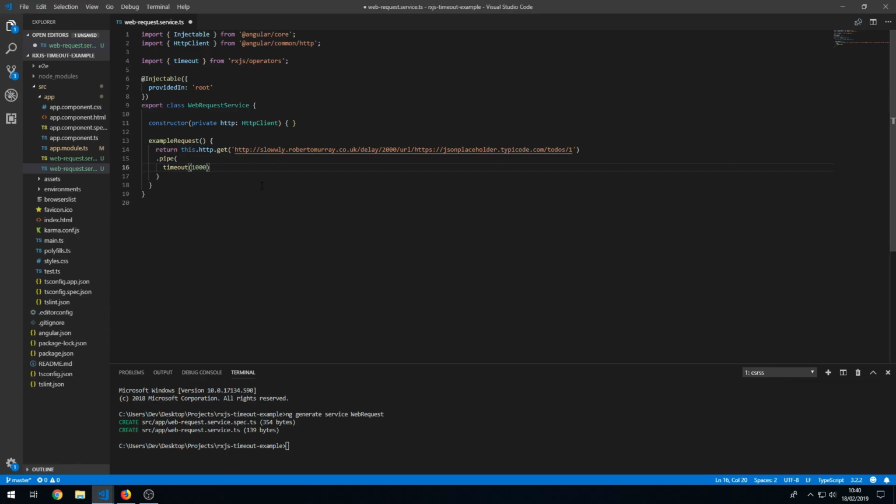Alright, so what this code is doing is creating an HTTP GET request to this route here. And it's saying, with the timeout operator, that if this web request takes longer than 1000 milliseconds to respond, then an error will be thrown. Okay, so let's try this out. So let's go to